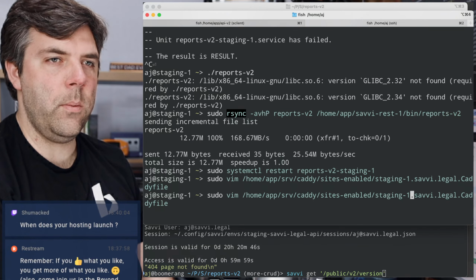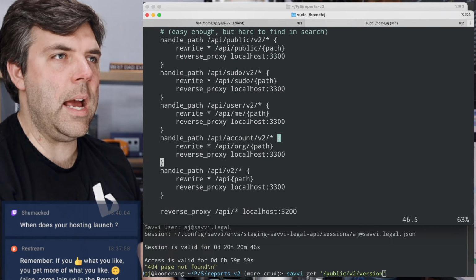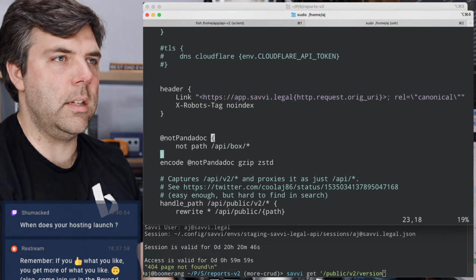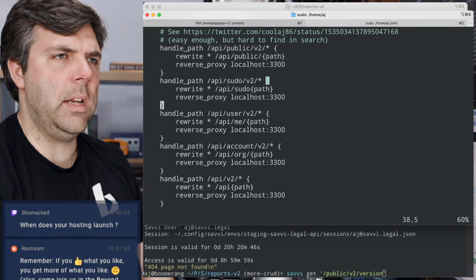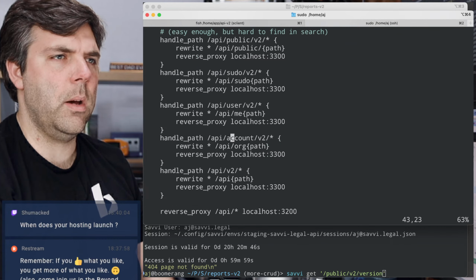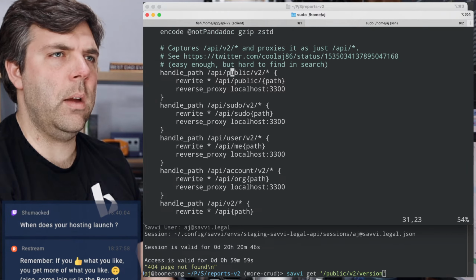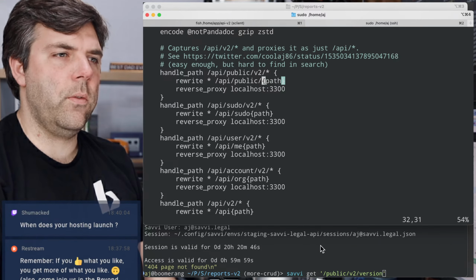Okay, now I know what it was. One thing that I don't like about Caddy is the lack of good syntax highlighting. Oh, we do have some syntax highlighting here now. But yeah, we don't have good syntax highlighting for Caddy. That's one thing that bugs me. It's difficult. I mean, it should be easy to see. Oh, look at that. Maybe there is good syntax highlighting for Caddy.